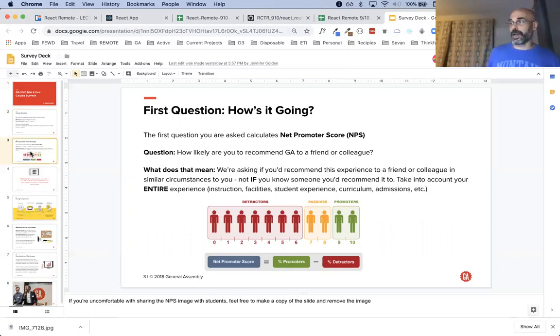In this particular survey, the first question is for a net promoter score, and it calculates an NPS. When you're answering this question, consider how likely you are to recommend GA to a friend or colleague. That doesn't mean your mom saying she wants to learn programming, and you say you should not take this course.